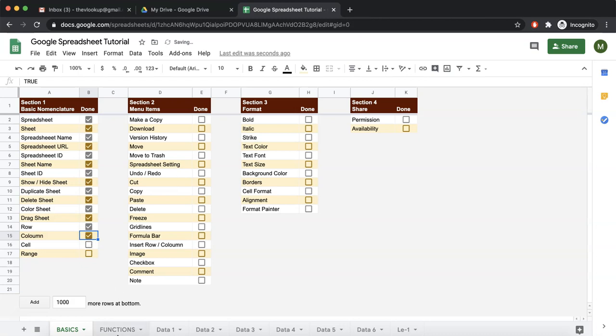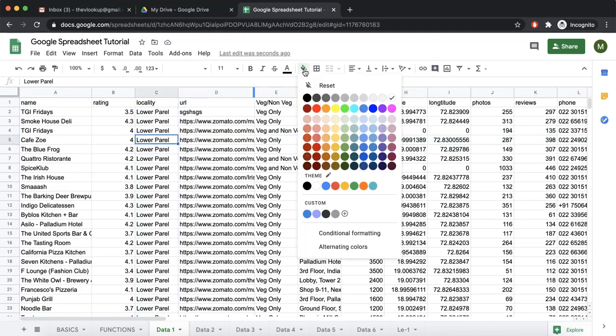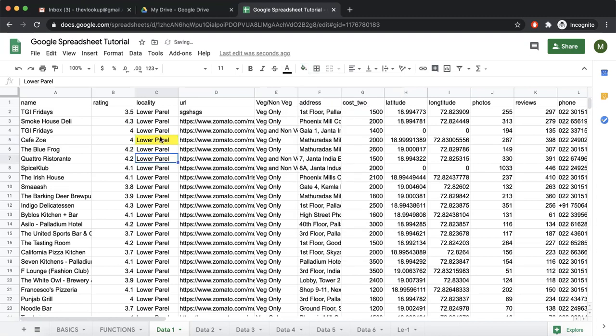Now what is a cell? When we select one particular cell of this row and this column, this is called a cell. So if I highlight this, now this is called a cell. This cell belongs to 5th row and column C, and this is called C5. It's standard nomenclature, so do not think about why it is not called 5C.